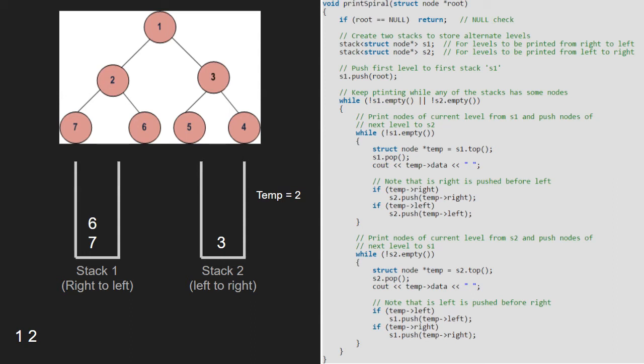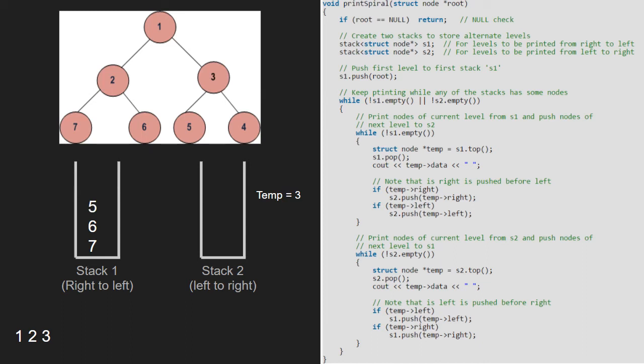Since the stack 2 is not empty, we continue with the second inner while loop. Now, temp will point to 3. Again, we pop 3 from stack 2 and print it. Next, we push the left child of 3, which is 5, into stack 1.